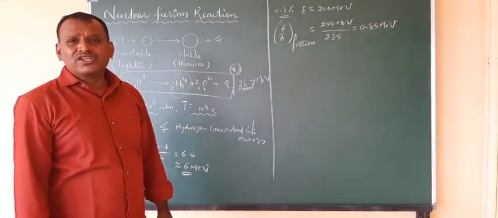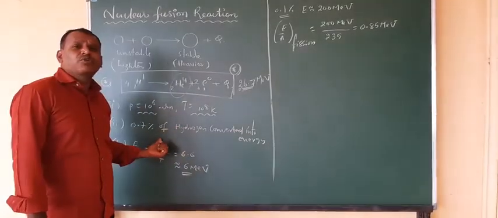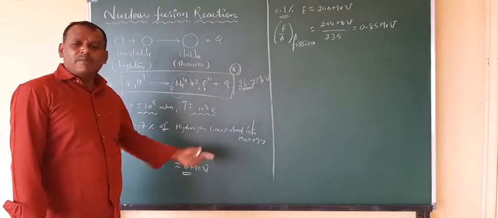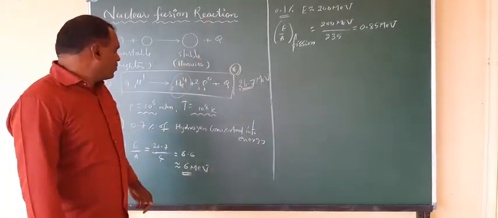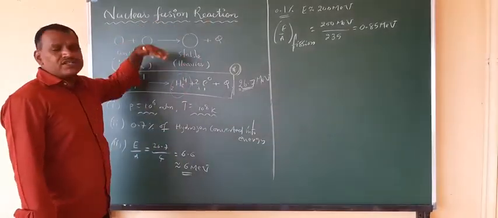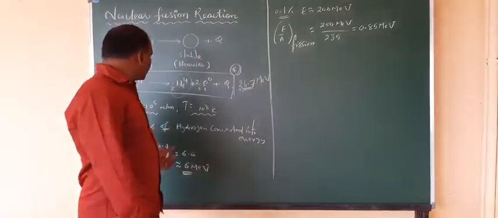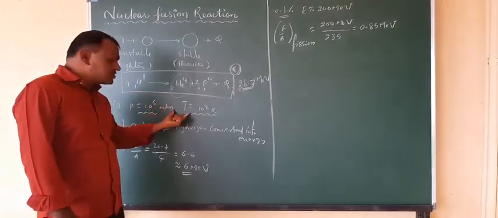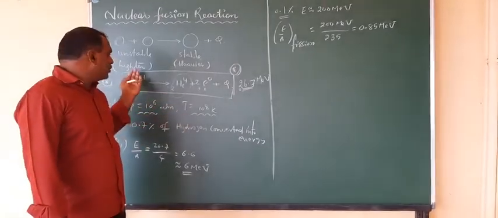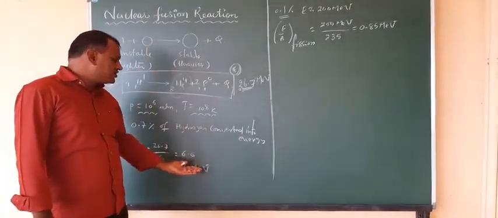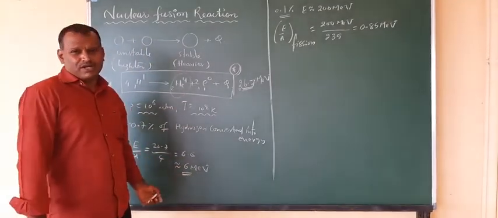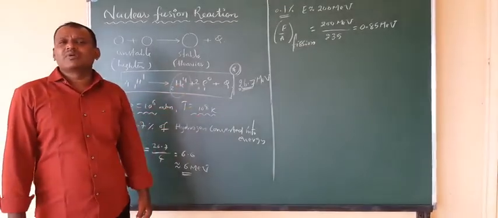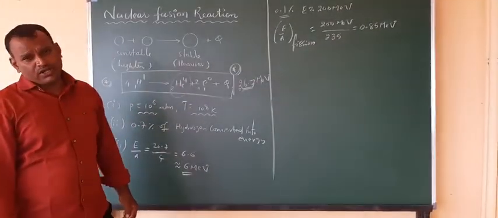So which one is more dangerous? These fusion reactions are more dangerous because the energy liberated per nucleon is very high compared to fission reactions. Nuclear fusion reactions are the process where hydrogen is involved. If these conditions are satisfied, then automatically you can get fusion reactions and an enormous amount of energy. This is the conversion of hydrogen into helium, where a very high amount of energy is produced.